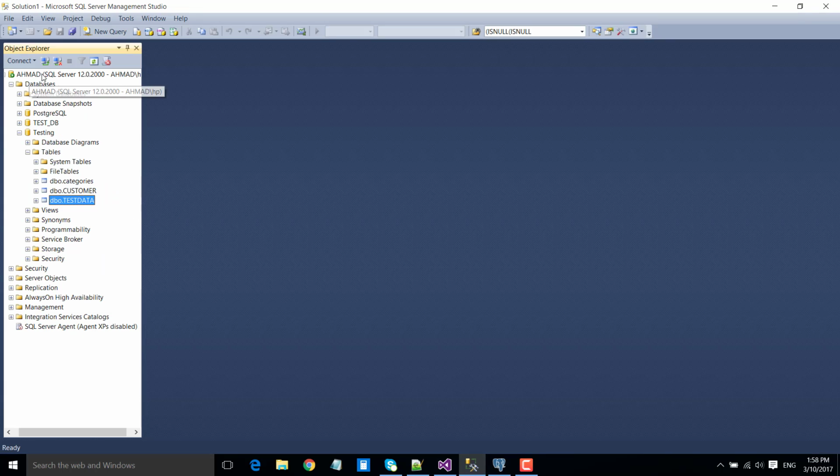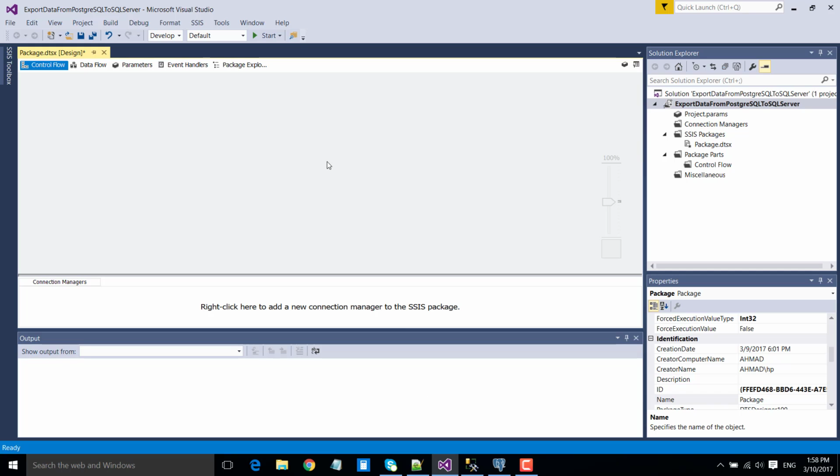I use SQL Server 2014 installed on my machine, and there is a testing database. In this particular database there are right now 3 tables. We will be creating a new table and inserting data into it from the PostgreSQL database. This is SQL Server Data Tools 2015,